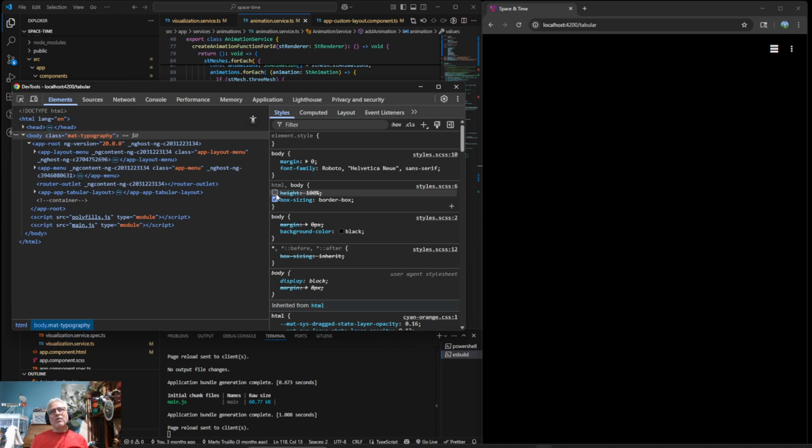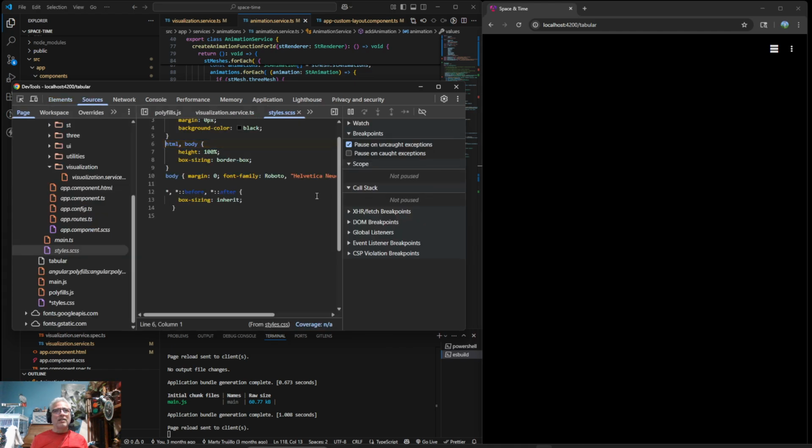And I don't know that we need the height of the body. The reason you often will have the height of the body be 100% is because you want to control the background color. You don't want some weird little gray thing at the bottom here or something like that. So in here in styles, we have this HTML is 100% and the body's 100%.